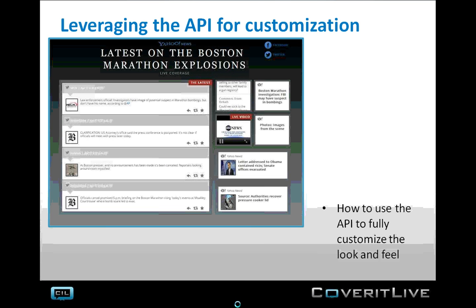The last area is just a note around how the API that CoveritLive has provides you an opportunity to completely customize the look and feel of your event. Now, this obviously is something more for developers who are used to working with APIs like this for Twitter and Facebook and others, but it's a great example of how you can make a completely unique experience using the CoveritLive API. You can submit content, pull all the content out, display it in whatever way you want, and create a